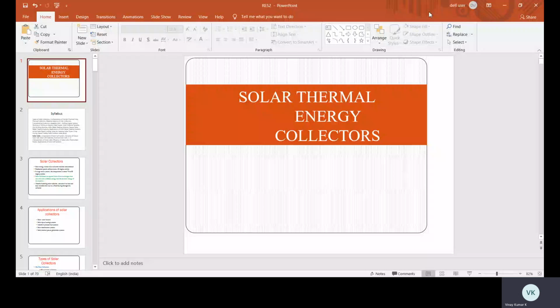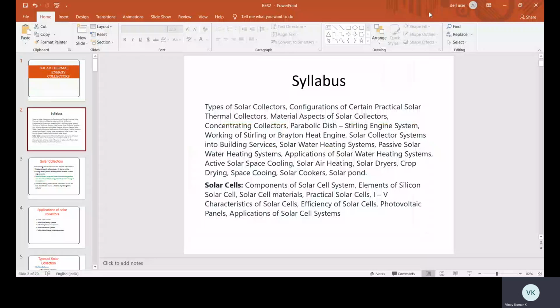Welcome all of you. Today in this session we are going to deal with the second module, that is solar thermal energy collectors. So before starting the actual syllabus, let's have a brief view on the syllabus of this module. Mainly there are types of solar collectors, that is what are mainly solar collectors and what are the different types of solar collectors, the configuration of certain practical solar thermal collectors, material aspects of solar collectors, concentrating collectors, parabolic dish